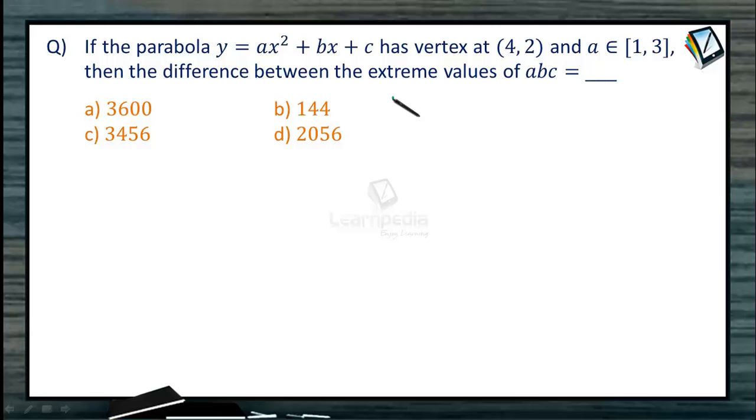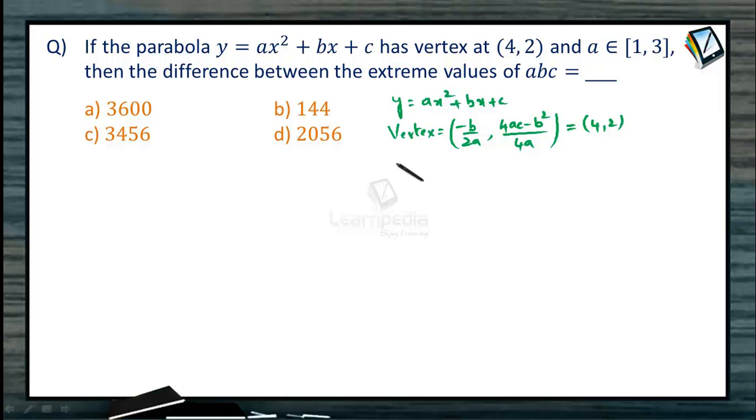Now let's consider the parabola first. y is given to be ax² + bx + c. Now what is the vertex of this parabola? Yes, for this the vertex is given by (-b/2a, (4ac - b²)/4a), but this vertex is given as (4, 2). Now when we compare the x coordinates and y coordinates on both sides,